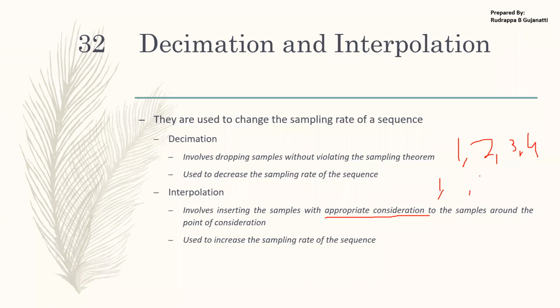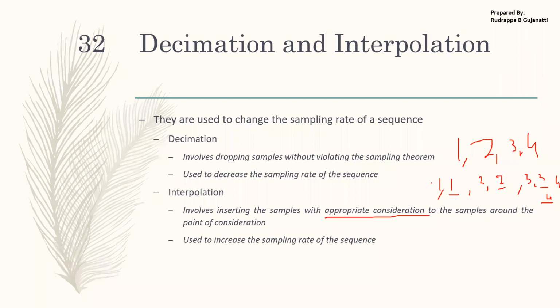for example, these are the signals, original sample points. Now in between, I want to introduce the extra samples. So what I'll do is, nearest neighbor I can choose. So one is the neighbor to the left I'll be choosing. So 1. So neighbor to this left is 2. Neighbor to this one is 3. Neighbor to this one is 4. So this is nearest neighbor. So I have considered in that form.